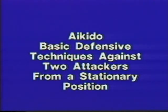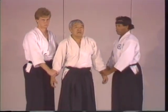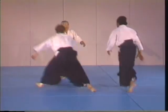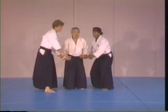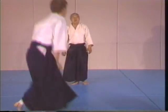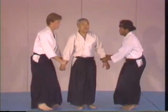Now we'll start out very basic. Aikido techniques against two assailants. Master Ken Oda will demonstrate. Two attackers grab his wrist. Watch the technique. He relaxes, raises his arms, bending his wrist, creating a forward force as he leans forward,